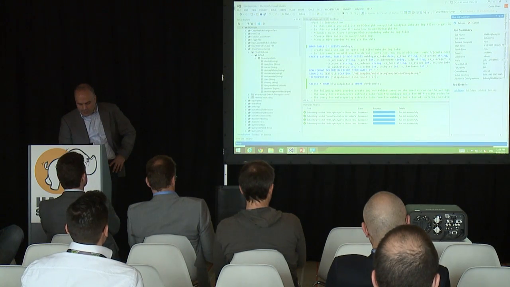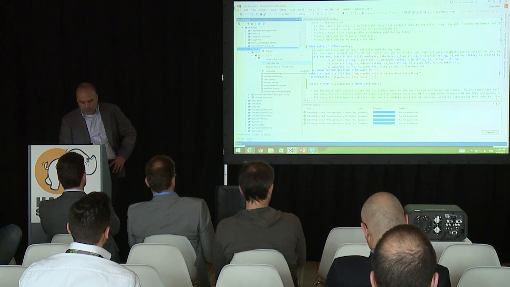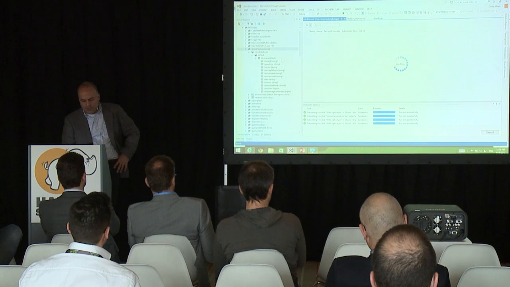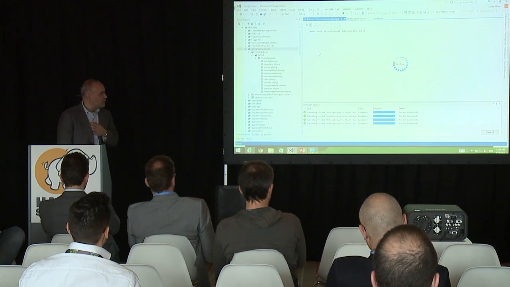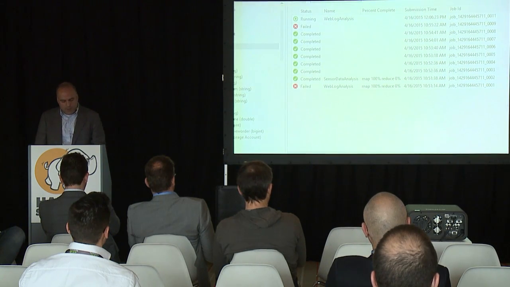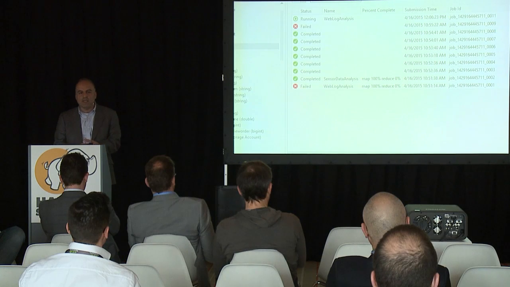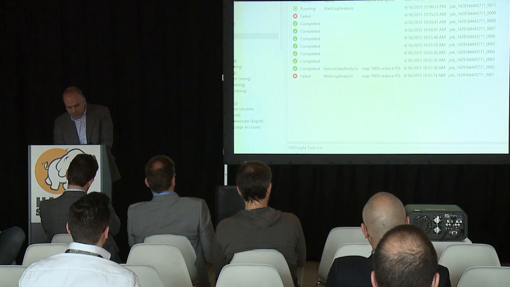You can come back here and say, you know what, I just want to see, in this cluster, all the Hive jobs that are happening. This will give you an actual view of whatever is running currently and has been running before in this cluster. So we're making it easier and easier for you to stay in the IDE and deal with your code. I have some jobs here that completed, some that failed.